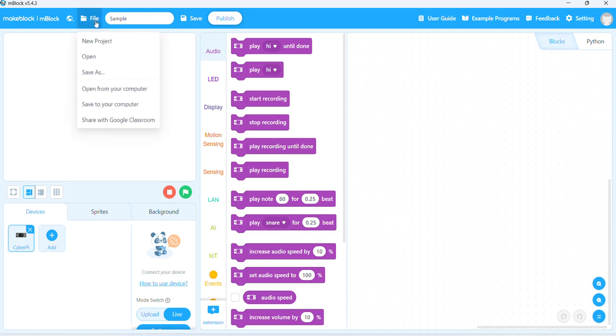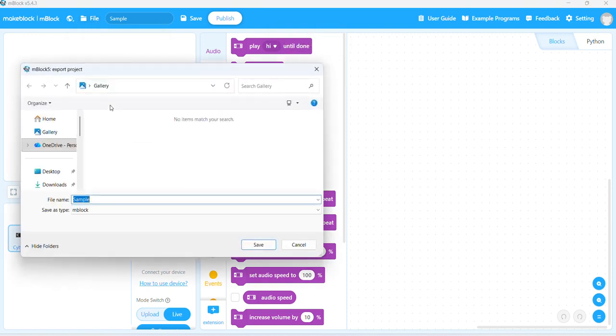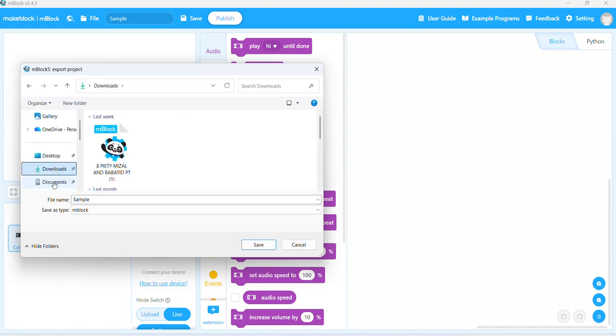Okay, after that, you have to click this File button and select Save to your computer, and it will appear this storage here. Okay, you have to select a storage. For example, I will select Downloads storage and click the Save button.